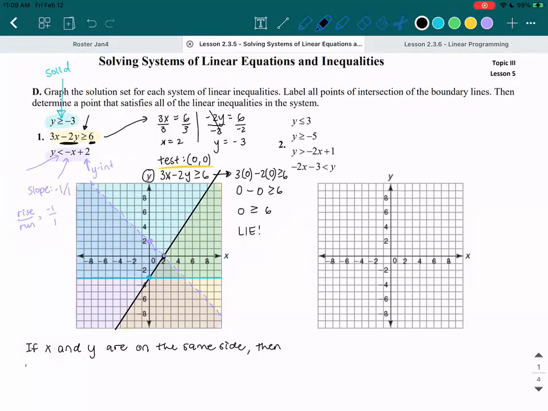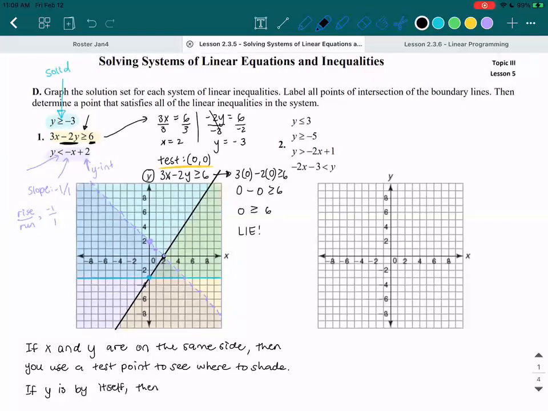Then you use a test point to see where to shade. If y is by itself, such as in our blue equation and the purple equation, so the second and third equations that we did, like this one and this one, when y is by itself,